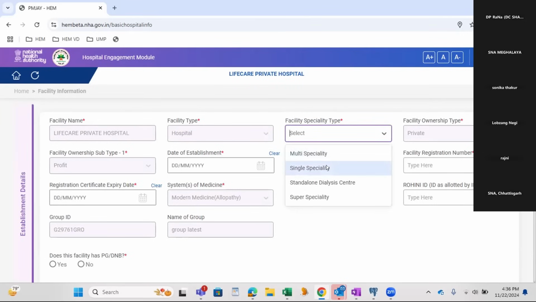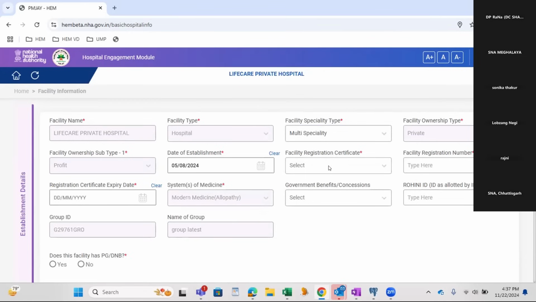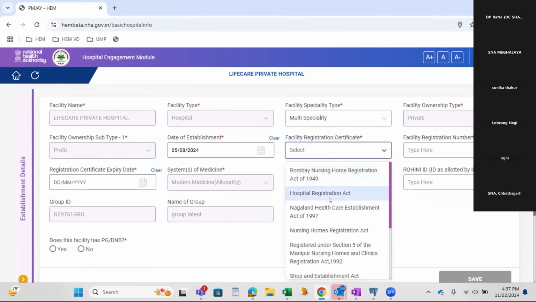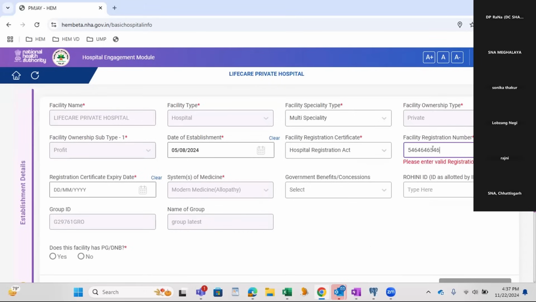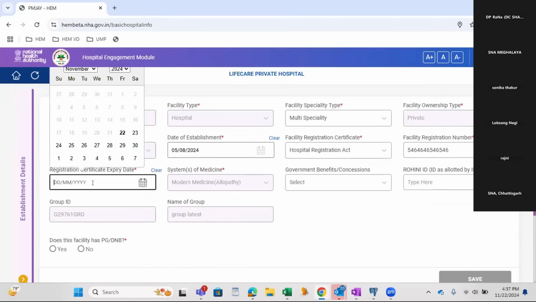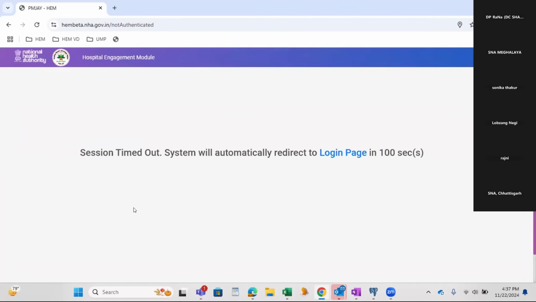Facility type: we have single, multiple specialty, super specialty. I select multi-specialty. Date of establishment, let me select any date. Facility registration certificate, facility registration number, registration certificate expiry date, government benefits concessions, and then all the mandatory fields.